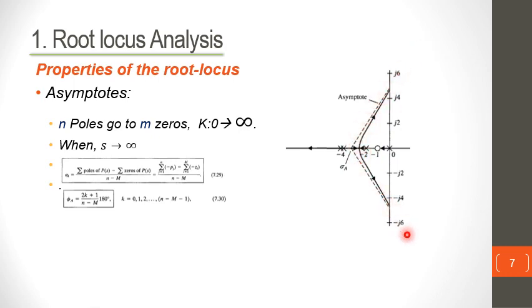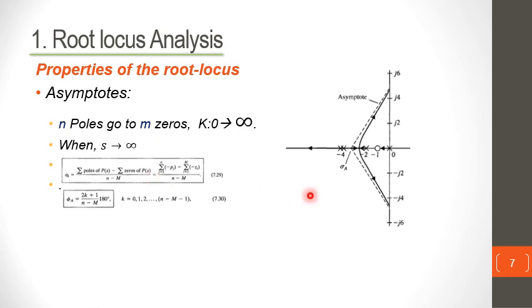We can, in fact, at this point calculate the center of the asymptotes, which is sigma a, and the center sigma a is calculated using n, which is the number of poles, minus m, which is the number of zeros. In this case, we have 4 minus